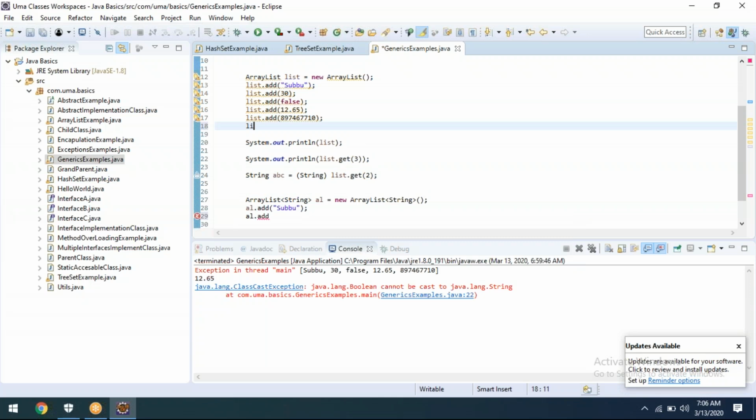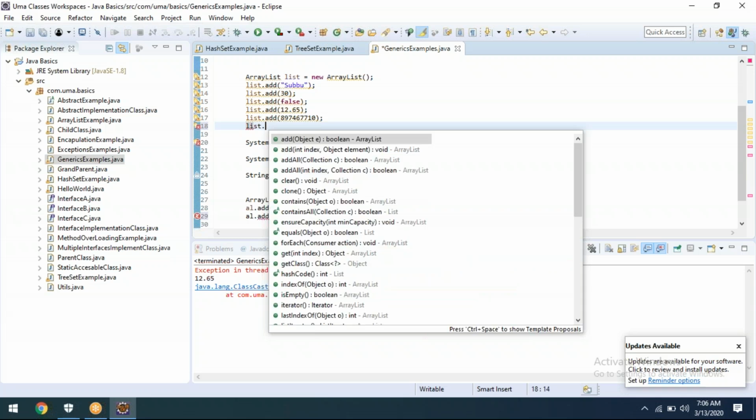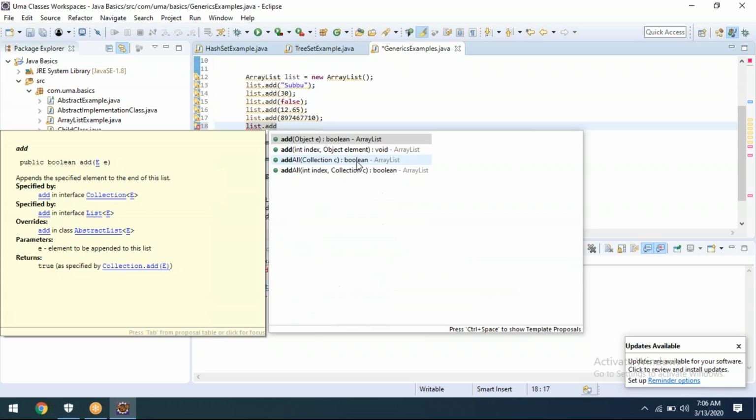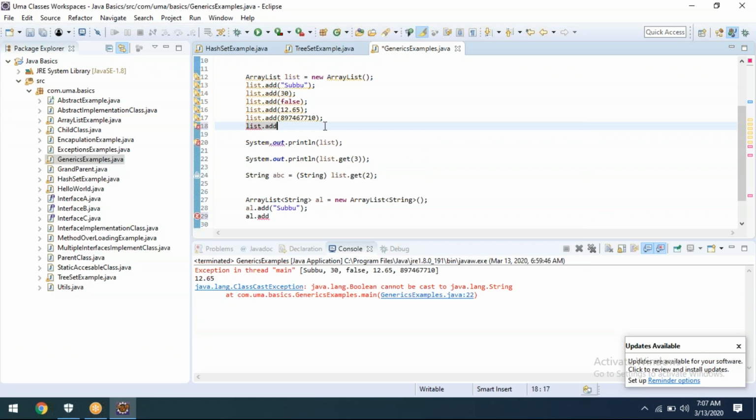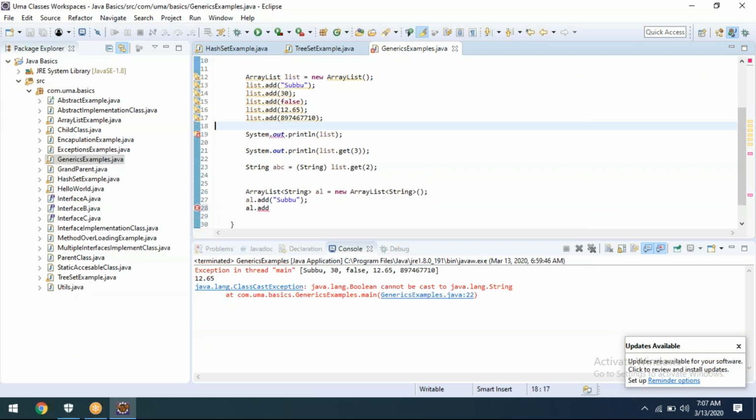Or else, in the above example, if you type list dot add, in all the cases it says collection object. Hope this is clear.